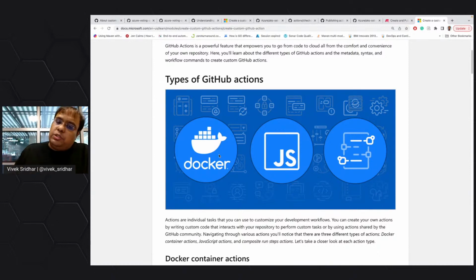That's where you're going to use JavaScript, and Composite is nothing but using a shell script. So basically, why it is required is because if you don't want to script through JavaScript and you want to run a couple of shell scripts, that's where you use Composite. And there is an advantage, right? The obvious advantage with Docker is you can build with dependencies,